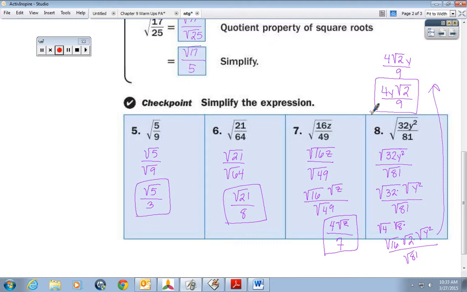Okay. And let's skip number 4, because I just kind of want you to get familiar with